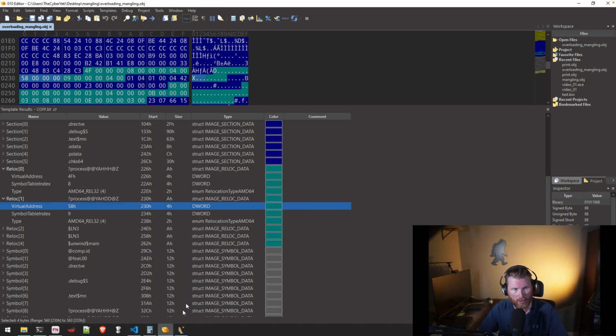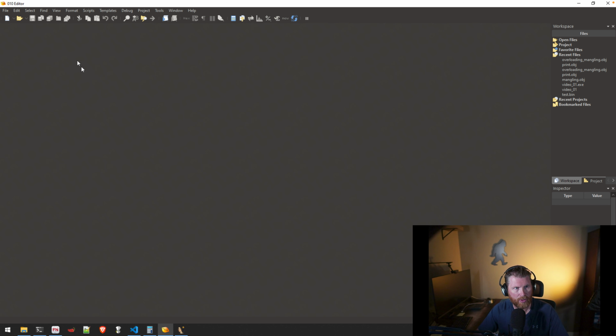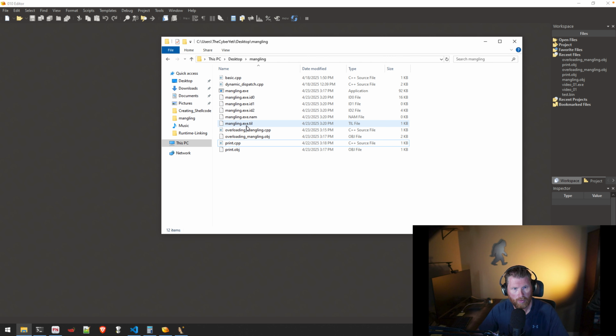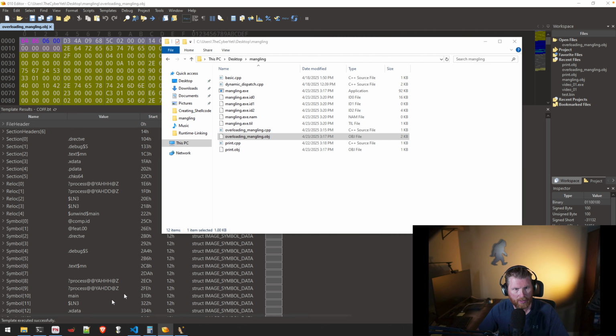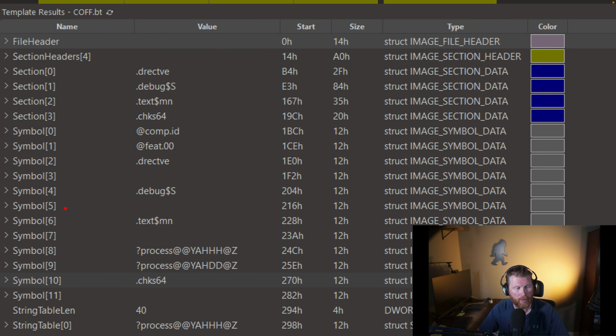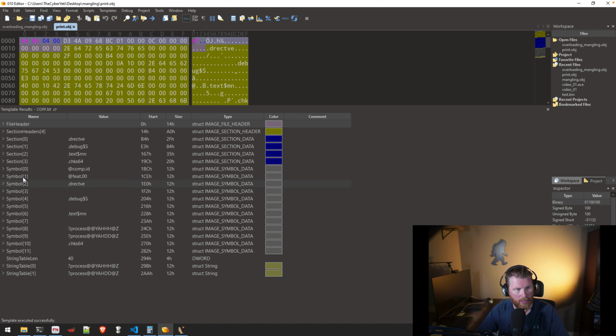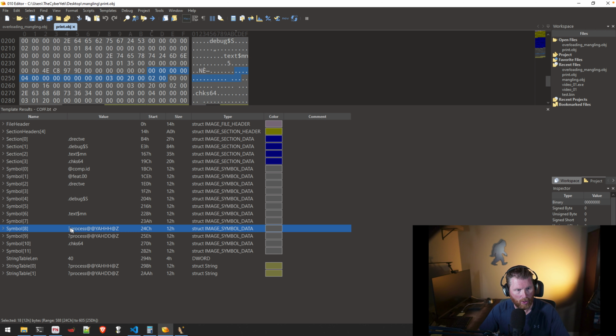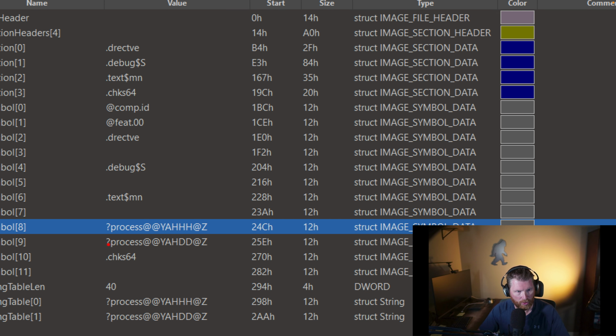And so we can also take a look at that. I'm going to close our 010 editor files. We'll open this back up. So overloading, mangling, and we also have print obj. And then if we look at the print object file, you'll see there are no relocations because there doesn't need to be. This particular object file doesn't require any relocations. It just has to provide, in this case, the symbol table, and there are symbols then for those two functions